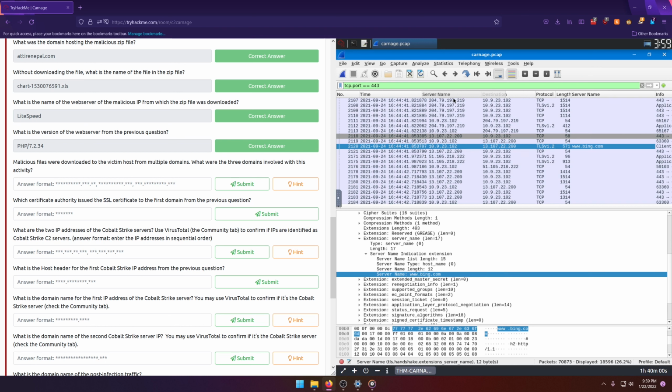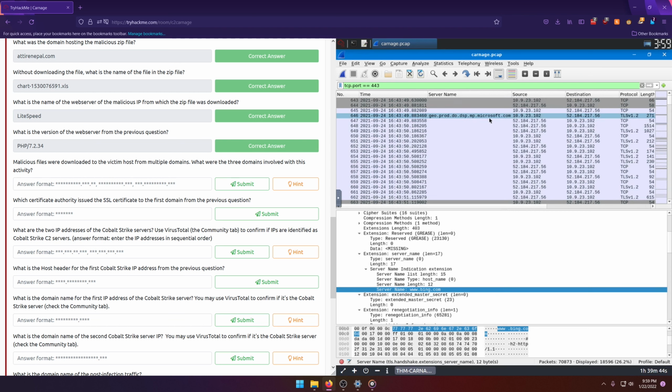And if you'll notice, anytime we have an IP or domain that's associated with 443 that's encrypted, and we can't see the server name, we will now be able to see that server name if there's one existing. So now that we have that, we can go ahead and formulate our filter to find the malicious domains. So we know that we already have 443, right? So we want to do or